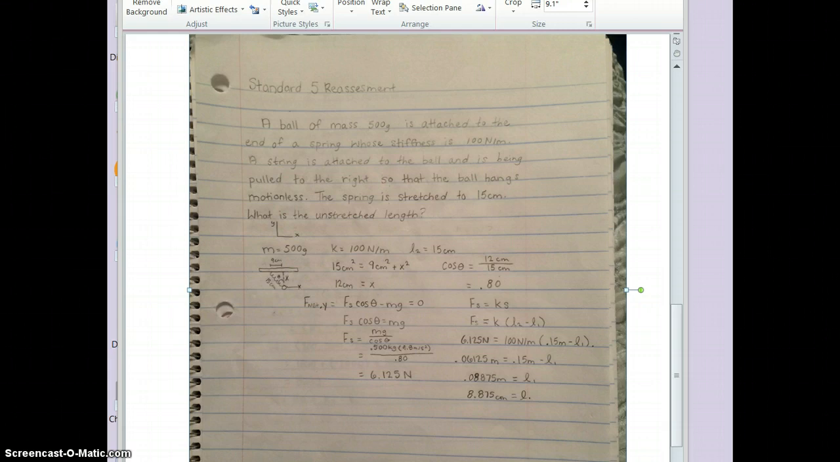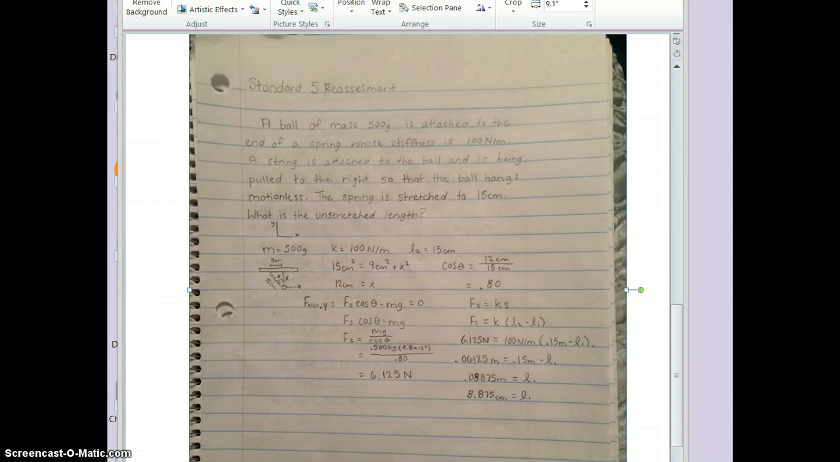And in this problem, we don't know that amount, but we do know that the spring was stretched to 15 centimeters. We just don't know the initial. So we plug in our numbers here, which is 6.125 newtons for the force that we just figured out is equal to 100 newtons per meter, which is the stiffness, times 0.15 meters, which is what we ended up with, the final stretched length of the spring, minus L1, which is the initial length of the spring, and that would give us